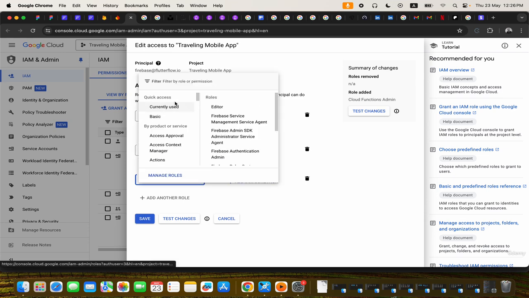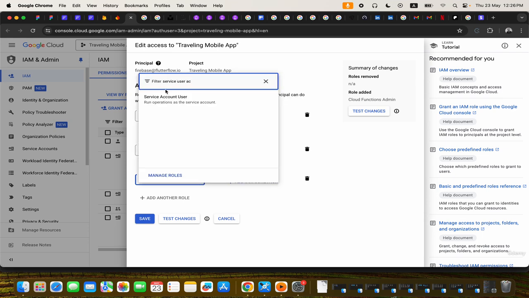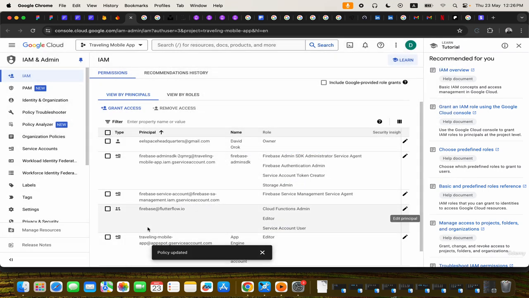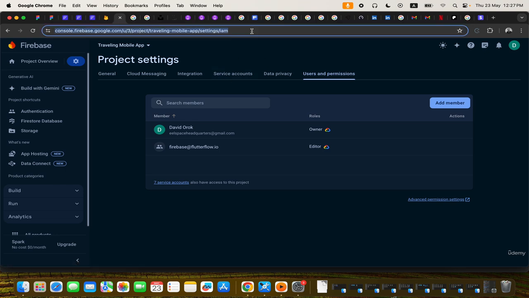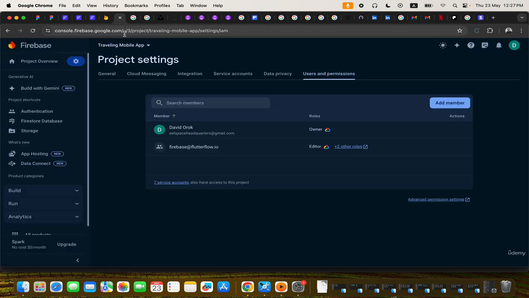I'm going to add another one, service user account. Those are the two roles that I'm supposed to add. So I'll click on save, and now we have cloud functions admin and service account user. Now we've done that and we're good. We can close this and refresh. Now we have successfully advanced in our progress with regards to setting up our payment gateway in